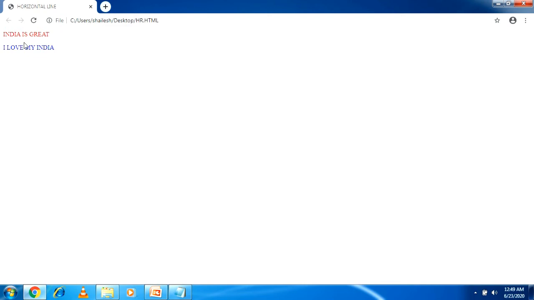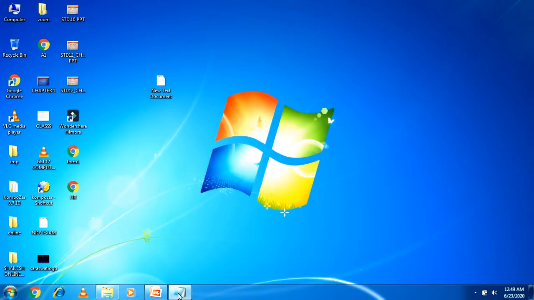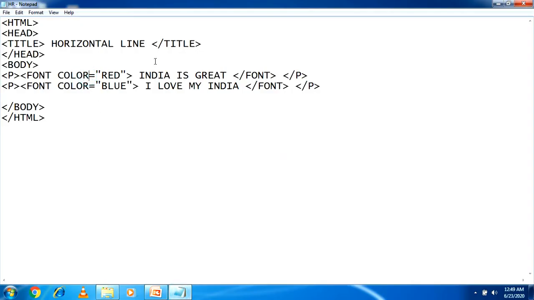Okay, now next, if you want to change the font size and font face, how to do it? We will again modify this program. We will write here size equal to double quote 30 and face equal to Jokerman,